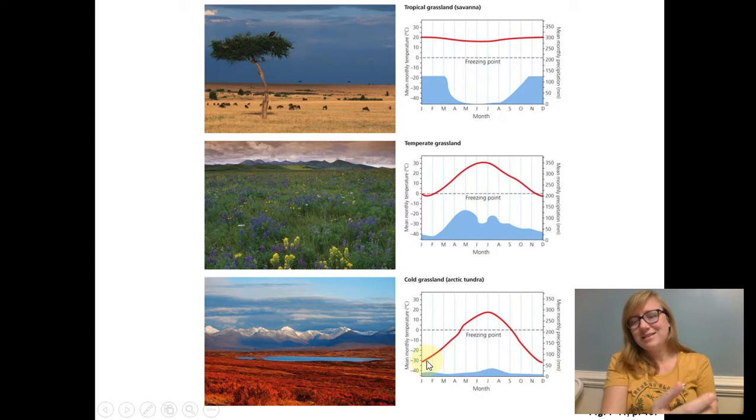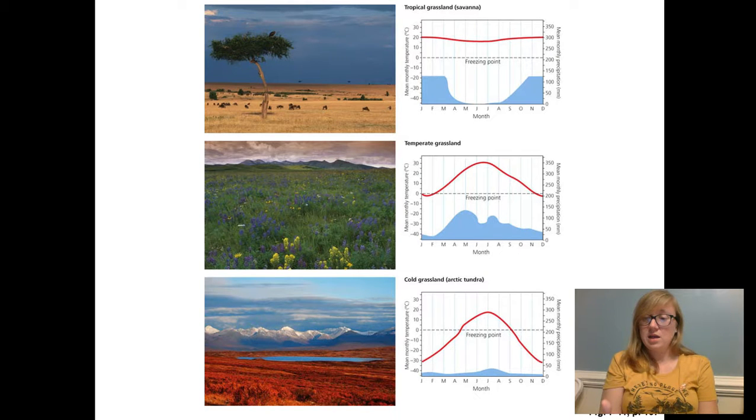Okay, maybe it didn't get to like negative 30 Celsius in the winter, but it really felt like it sometimes. And look here, there's not tons of rainfall, certainly more than a desert, but not much. Why is that? Let's go back and think about what we talked about with air and